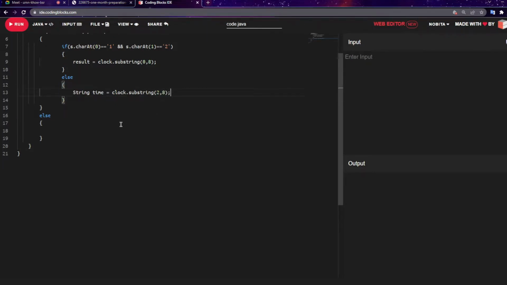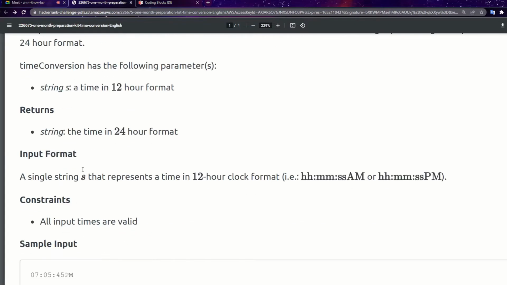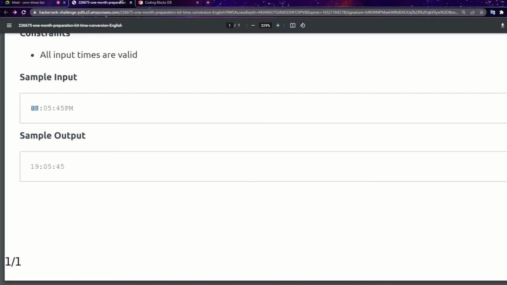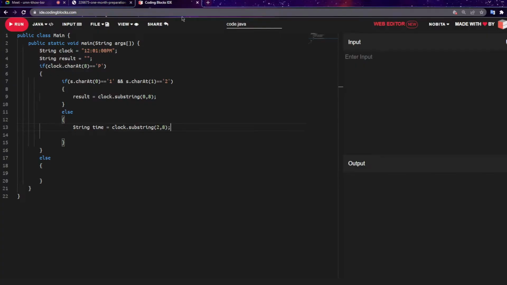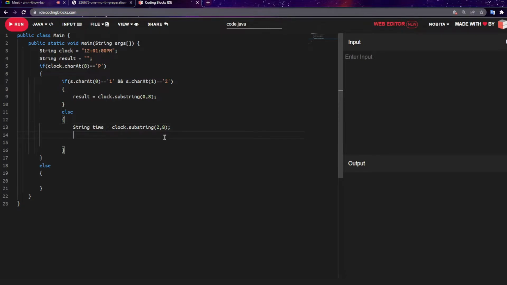Okay, because suppose if it is not 12, which is another number like 7 here, we need to add 12 to the hour number, which is 7 here. So we need to add 12 to the 7, which means it will give the output as 19. So I was adding here. So int text equals to, let's take 12 plus